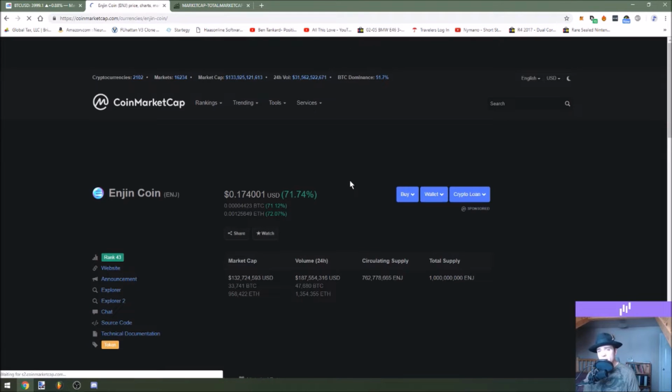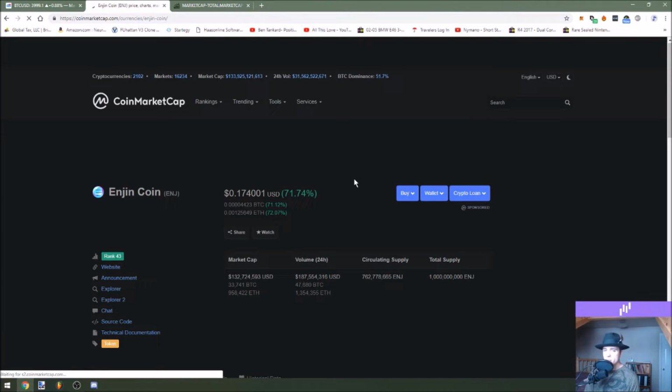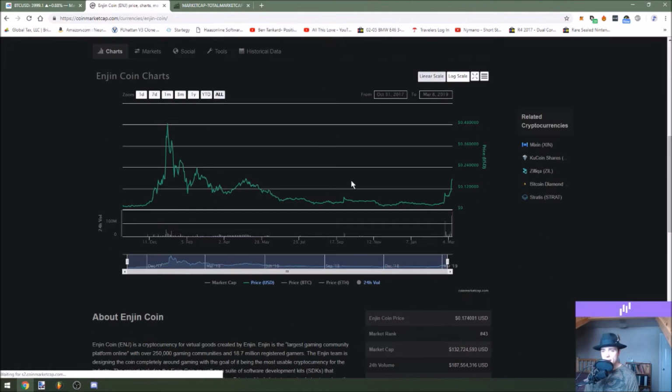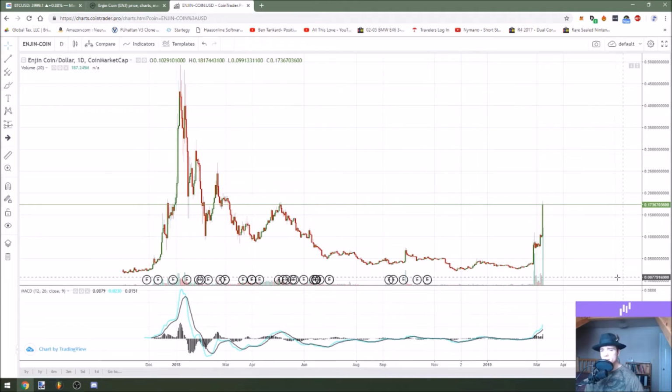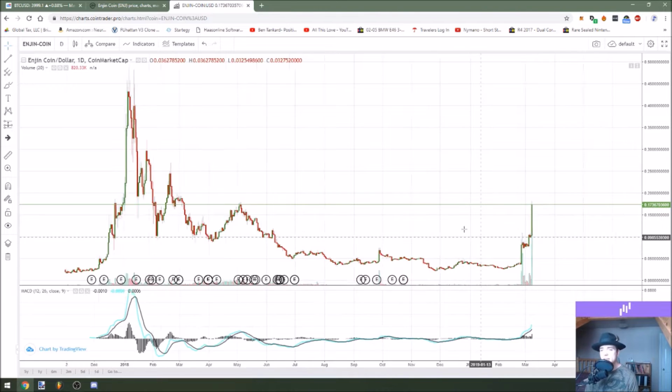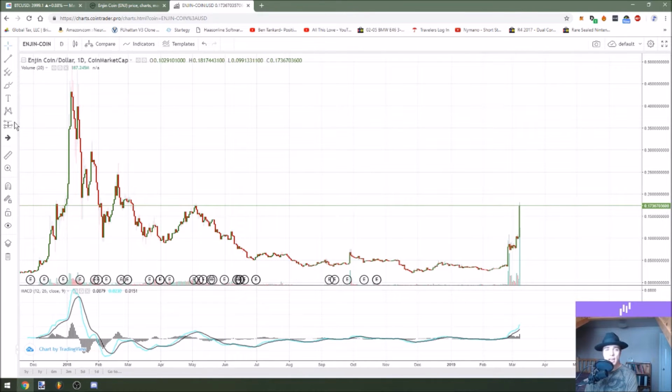Yeah, Engine coin is also up 71% currently, and that is quite surprising. It's doing phenomenally on the 24-hour change. So this is Engine versus the dollar, and as you guys can see, it's done a very nice pump since its all-time low here. If we take our price change percentage tool, so far about